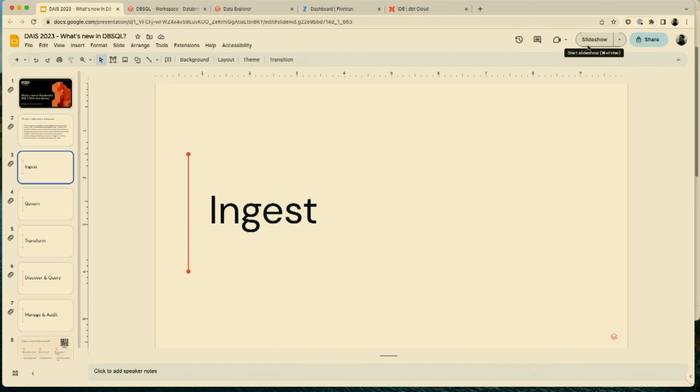The first thing you're going to see is ingesting data through a partner integration, through Partner Connect with Fivetran, and how that's set up and how that works. I'm not going to go through the full setup, but enough to show you guys what that looks like. Then we're going to talk about how you can ingest with streaming tables,